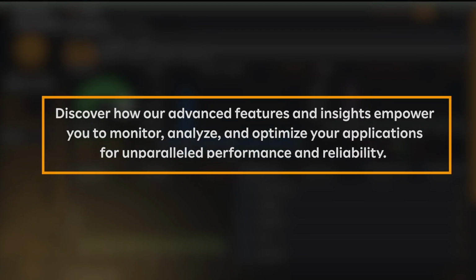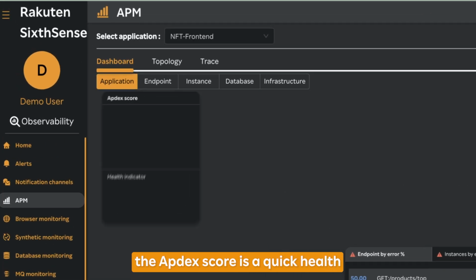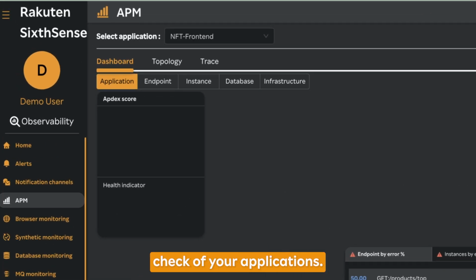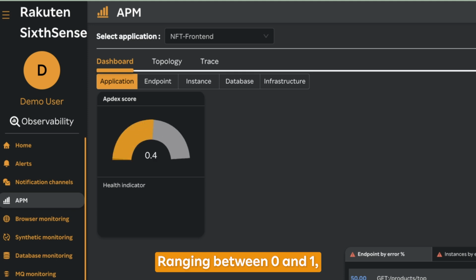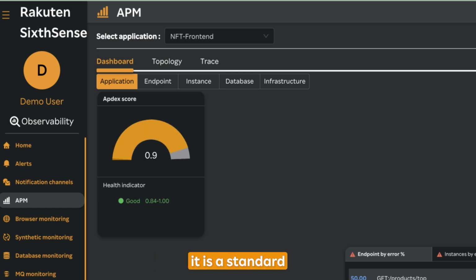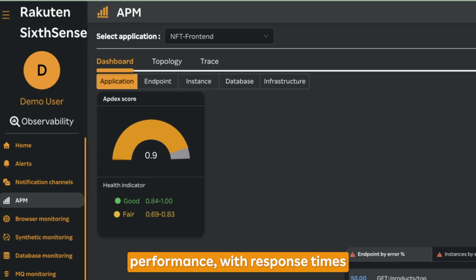Discover how our advanced features and insights empower you to monitor, analyze, and optimize your applications for unparalleled performance and reliability. On the application dashboard, the AppDex score is a quick health check of your applications. Ranging between 0 and 1, it is a standard for measuring application performance with response times, providing a quick health